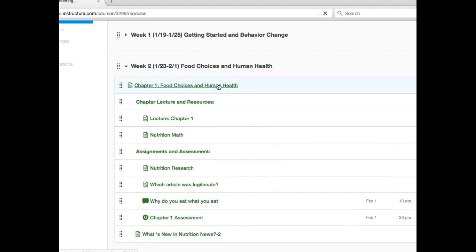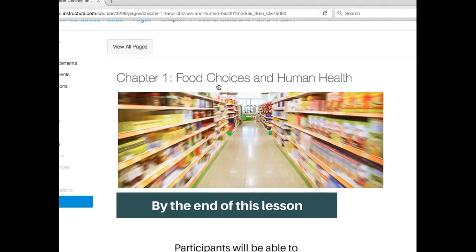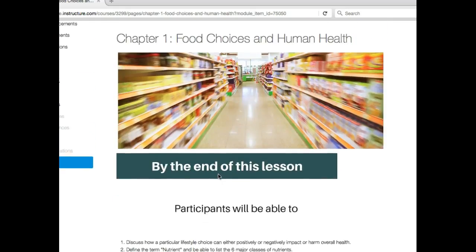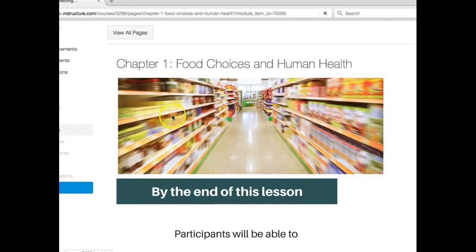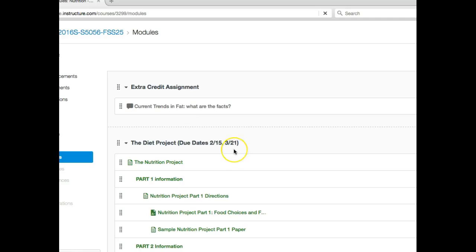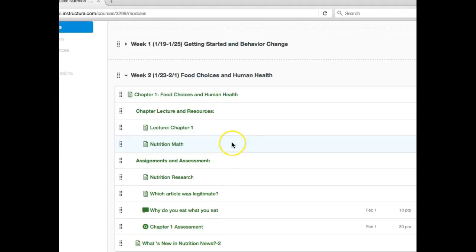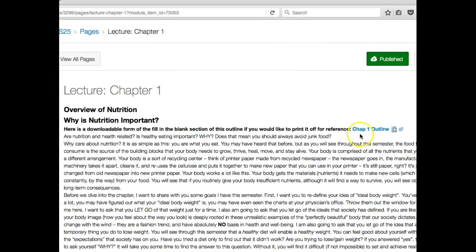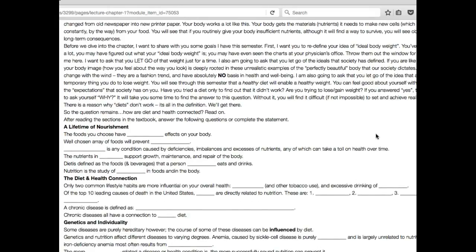Some of the objectives and requirements for this week are listed here for you to read through. I won't go through all of those, so you can wander through and look at that. And what you'll notice this week is the lecture is actually listed for you, so you can click on and open up the lecture. I have a downloadable form of this lecture, so if you want to download it, that can be helpful as you're doing your reading. But it's all listed on here for you.